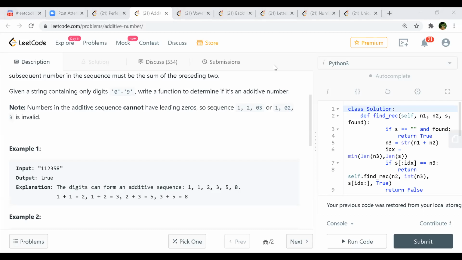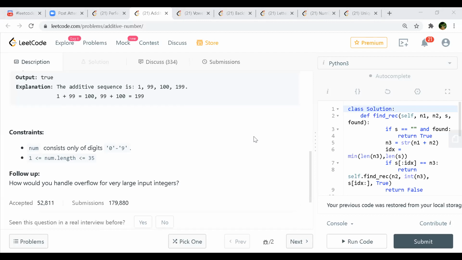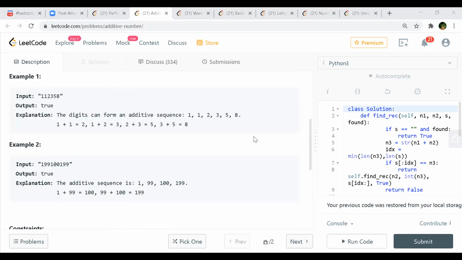In that case, if you look at the second example, there was a mixed match. The first was a single digit, then the second was a double digit. So in this case, we'll have to look for every length, for every item, till the length of the string. But obviously we cannot go to the full length of the string because that will be only a single number. So in this case, we at least need 3 numbers.